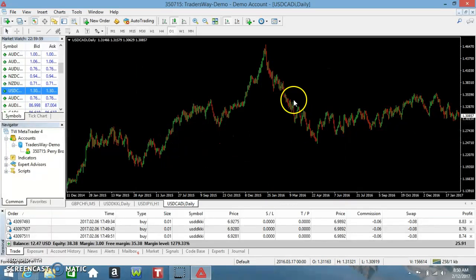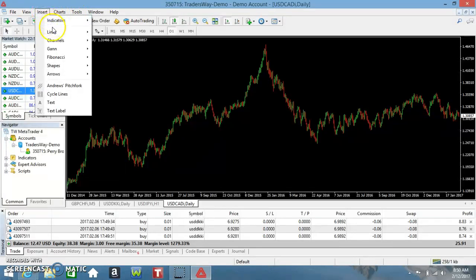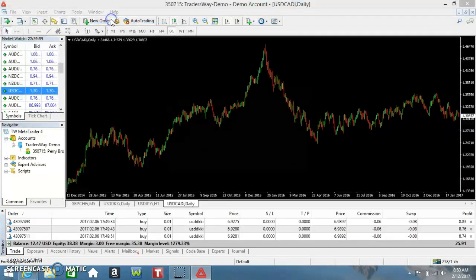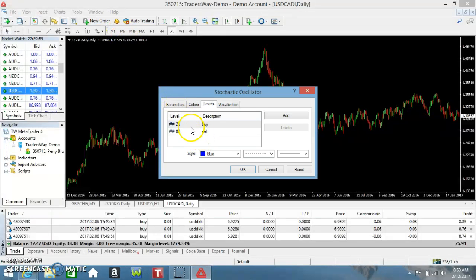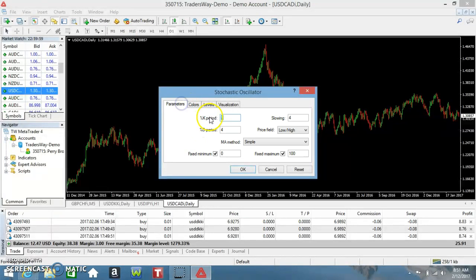But just looking at it, I already see that, okay, here's the level of the high, here's the level of the low. So I'm going to add my stochastic, insert indicator, stochastic oscillator. As you can see, I got the levels of 20, that's buy, 80 is sell. The parameter of it is 5, slowing is 4, D period is 4. Moving average method is simple, price field low to high, and